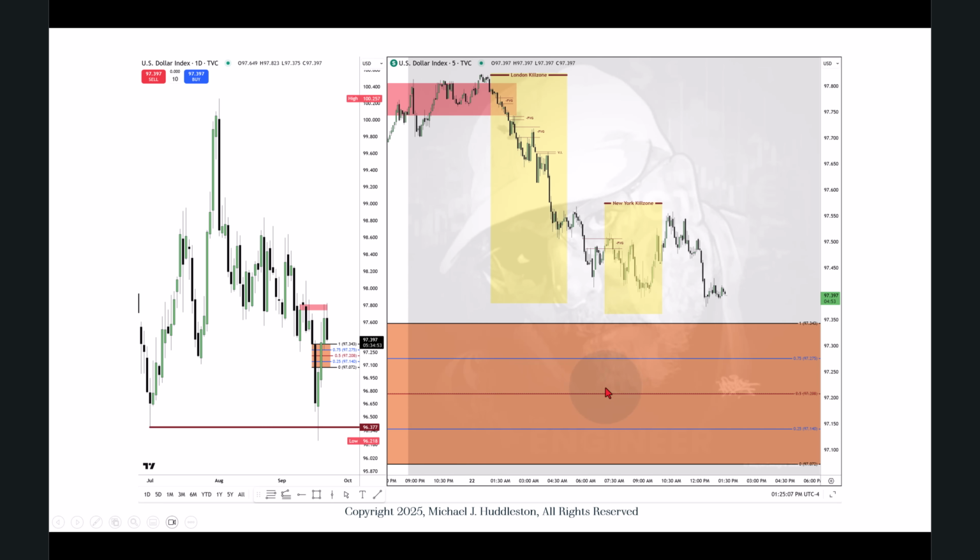So this is the catalyst, or the line in the sand, that determines for me what the next leg in price action is. Right now, I'm going to stick with the likelihood of this potentially presenting itself as a bullish inversion fair value gap. Truth be told, I have no skin in the race on this,